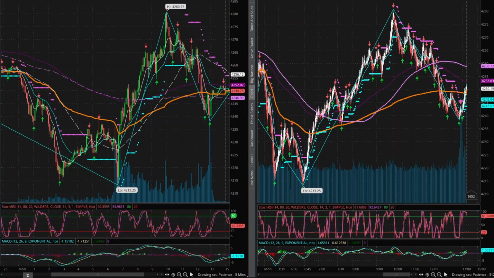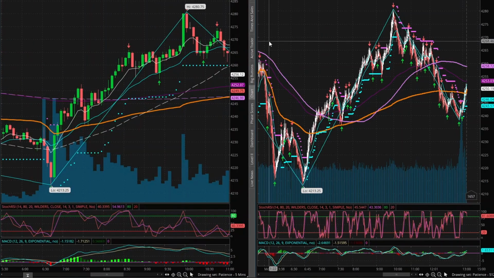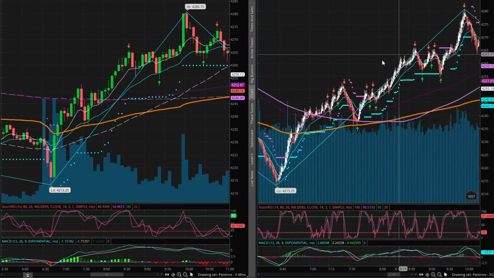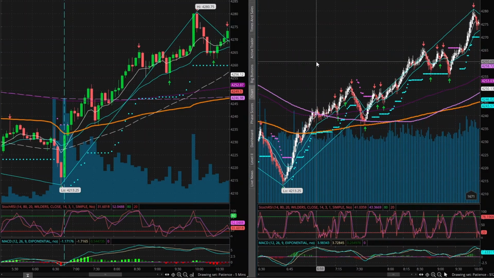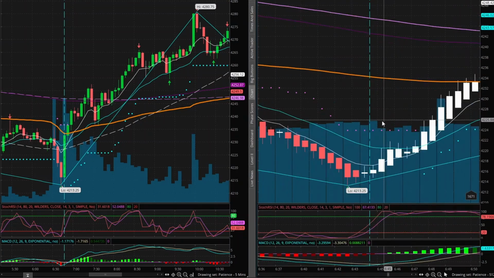So again, this is all theoretical, but the point that I'm trying to make here is to see if our strategy would have been able to enter right at that low and exit right at that high. So we're just going to zoom in into that area that we care about, which is the low and the high for the day. All right, so we'll draw a vertical on both sides, the left and the right side. And first, we're going to take a look at this right side here on the tick base side. I'm going to zoom in a little bit more because,